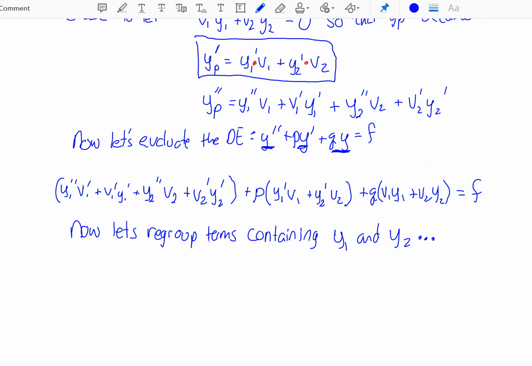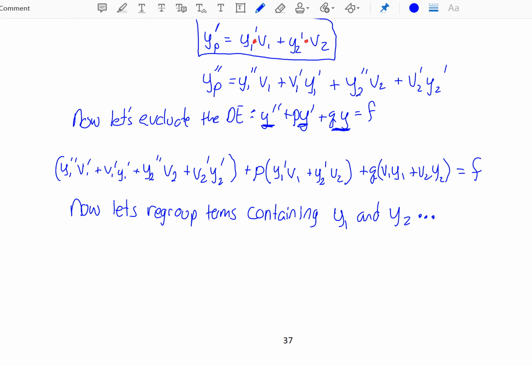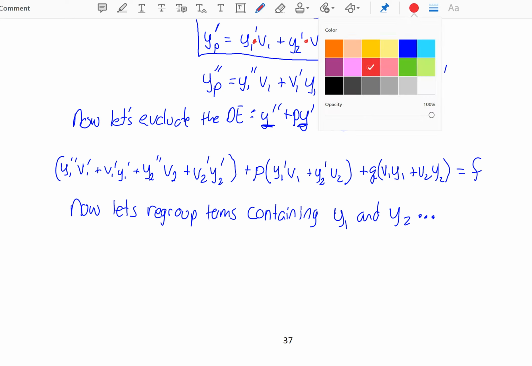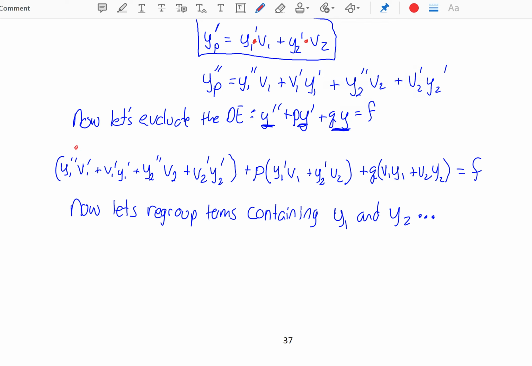What I'm trying to say is, let's grab the ones that have the y1 double prime. Let's grab this y1 double prime term here, this y1 prime term here, and this y1 term here. Of course, you're going to have to distribute the q and the p when doing this. If you grab these three terms, notice all three of these terms